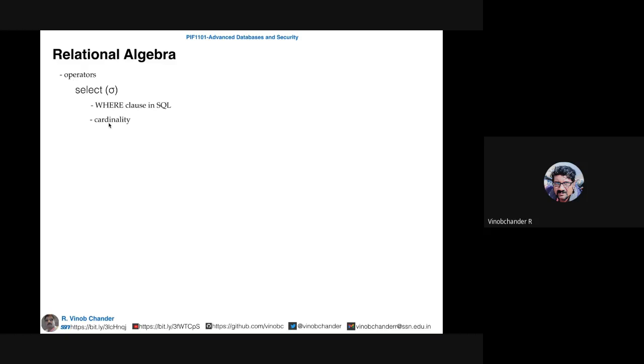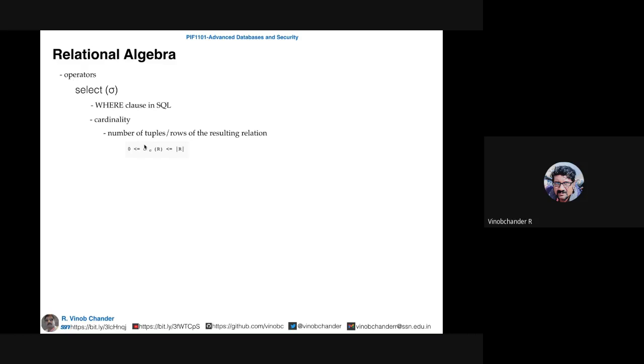The next thing to remember is, guys, the cardinality. What do you mean by cardinality? Cardinality is nothing but the number of rows or tuples of the resulting relation. Whenever you perform a select operation and get back a relation, how many rows or tuples you have refers to the cardinality. And the cardinality for the select operation is defined by this particular equation. So the cardinality is anywhere between 0 and the relation itself, or the total number of rows available in the given relation. Do you agree with this?